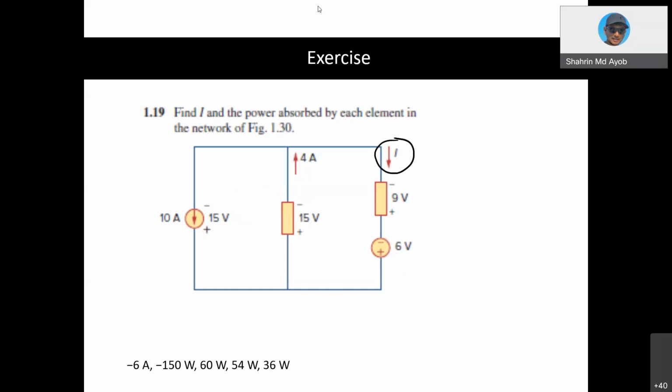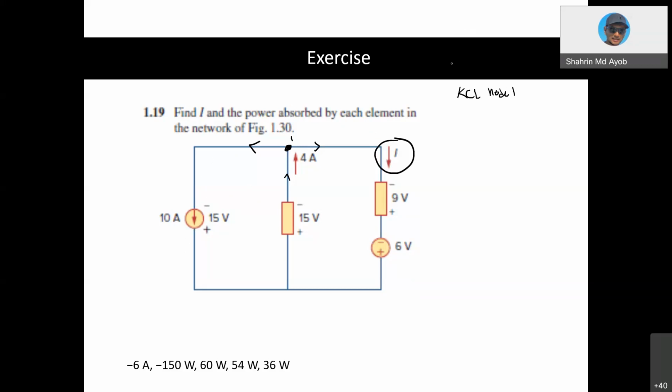Okay, for the current. Here you see that we have 3 branches. This one is node 1, so you need to use your KCL at this node. The current direction for this one is going down here because the current source is going down 10 ampere. So by using KCL at node 1,